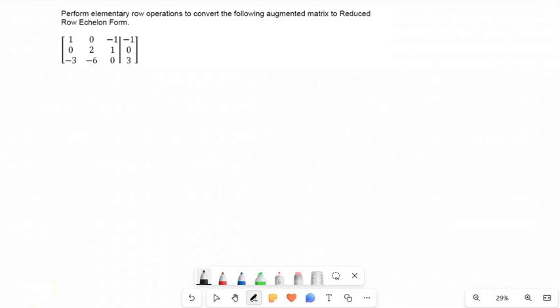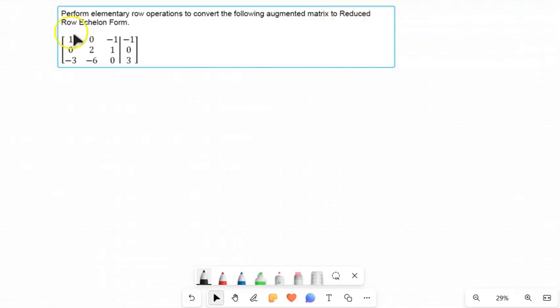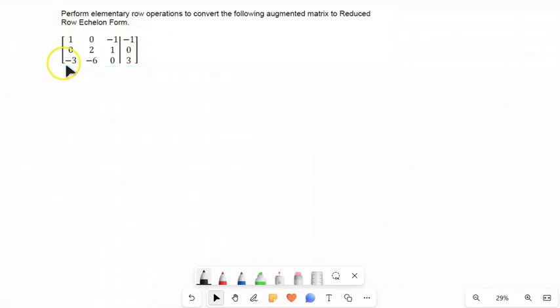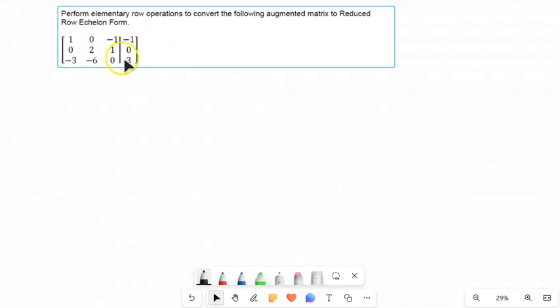Perform elementary row operations to convert the following augmented matrix to reduced row echelon form. First, notice the use of the brackets. Sometimes you'll see parentheses instead, but these are the matrix forms. The absolute value is not appropriate here because it would be a determinant, and determinants don't work on augmented matrices